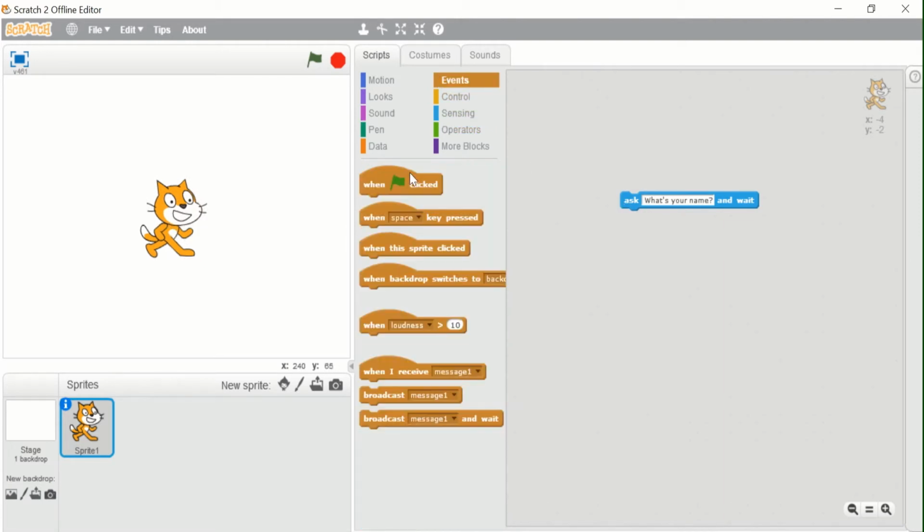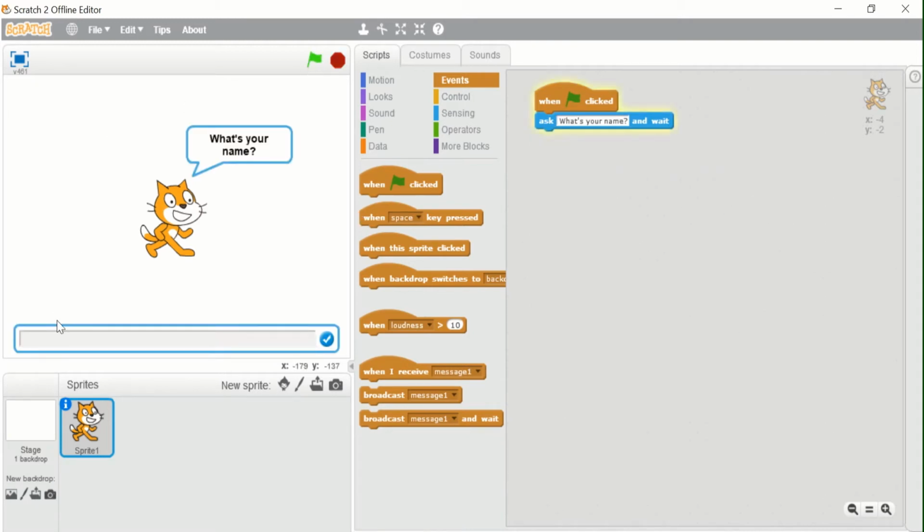So I'll run it. When flag clicked, ask what's your name and wait. If I run it, can you all see this rectangle appeared and this tick, and the sprite is asking us what's your name. As I told you, it is very interesting, because in this we can take the user input using this